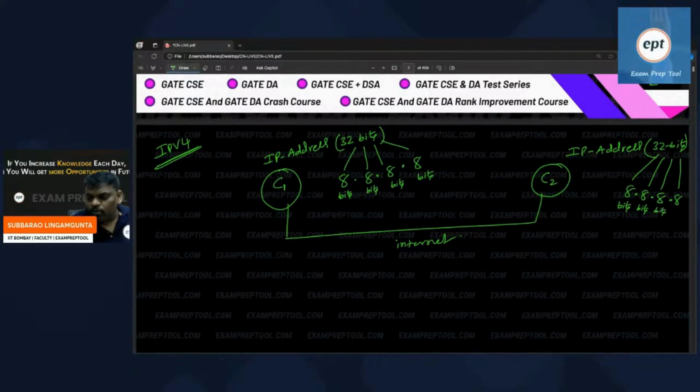Two computers that want to communicate through the internet should have IP addresses. Two mobiles that want to communicate through a mobile network should have mobile numbers. Two people in India who want to communicate may use something like an Aadhaar card. This is my Aadhaar card, this is my Aadhaar card, like that. Afterwards, they will start communicating. So from here, the actual story starts.